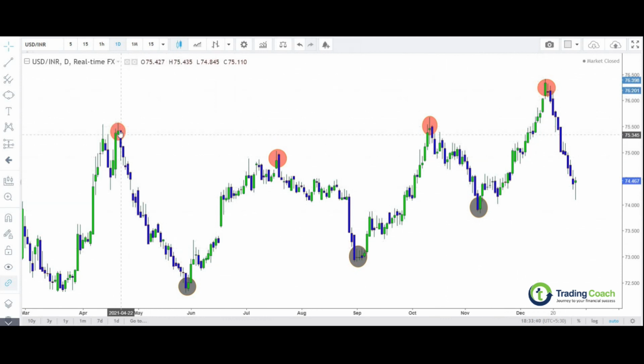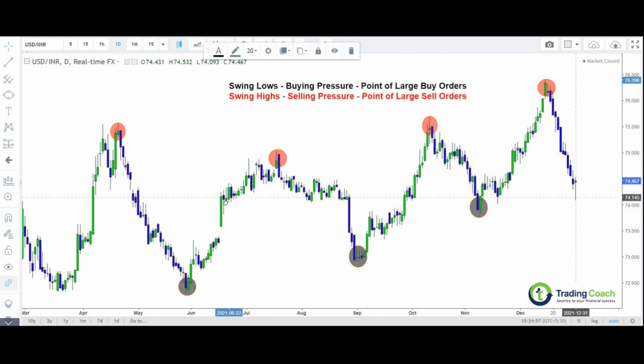Say for example, if you look at the first major red circled turning point, exactly from the turning point we can see a very sharp sell-off. Like that, you can also see this black colored turning point which I have marked over here. Right after this black color turning point, we can see a major rally in the currency prices. So wherever I have marked all these turning points, all these circles, you can see those are all major turning points, right? So all the red color circles that you can see on the price,